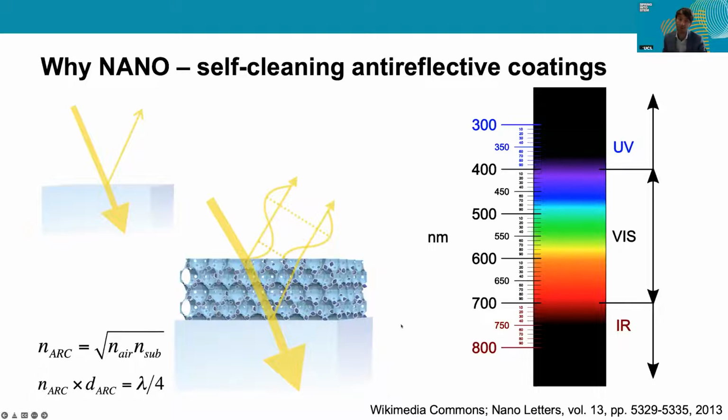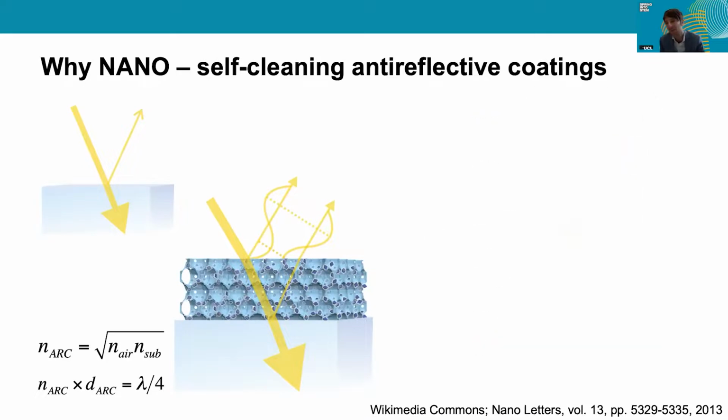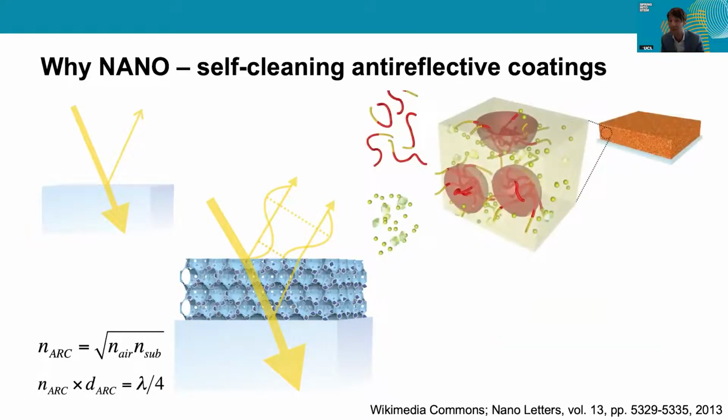As such, your coating becomes seen as an effective medium, and these kind of pores, for example, here that are used to tune the refractive index, are no longer recognized as a feature. They're just going to be looked at as a mixture of pores and of inorganic material. And so now, if you need to make features that are so small, much smaller than the wavelength of light, then you do need to use molecular self-assembly. And this is what we do here.